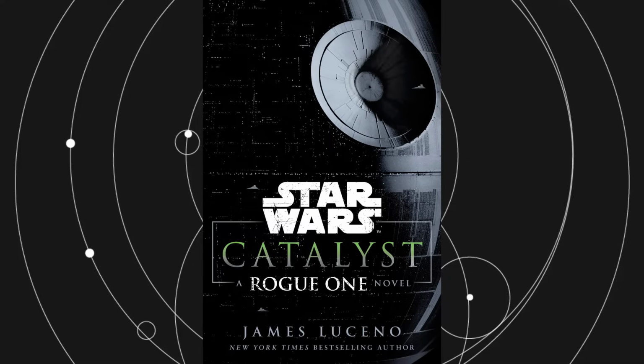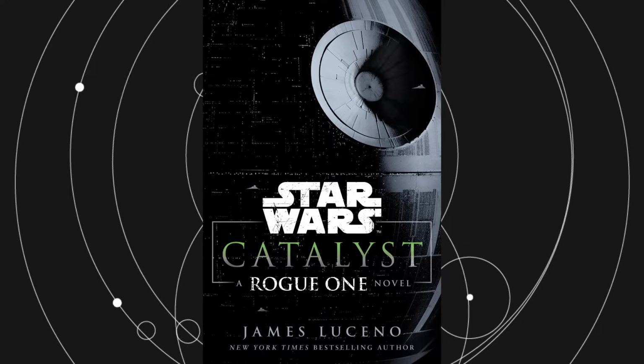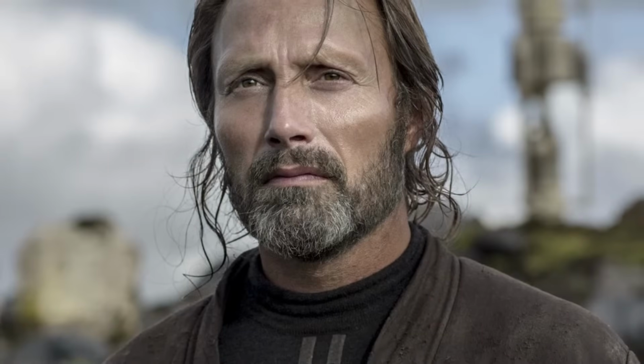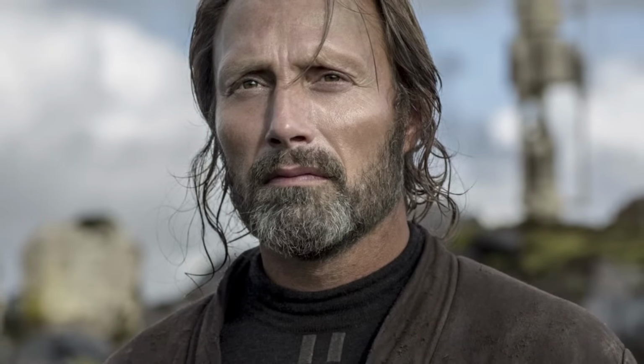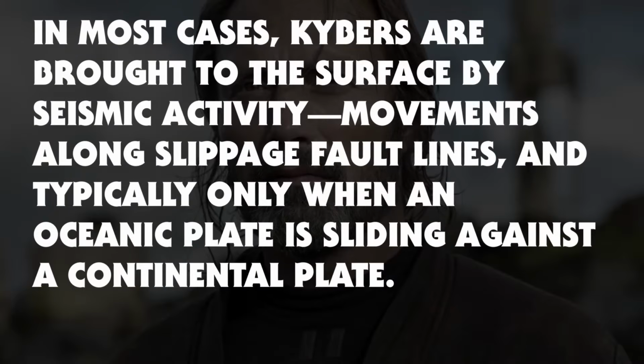The novel Catalyst by James Luceno was the first Star Wars story to introduce Kyberite, the specific material kyber crystals grew in. It was known as false kyber to non-Force sensitives like Galen Erso, the character who first described the material to readers. He said, "In most cases, kybers are brought to the surface by seismic activity, movements along slippage